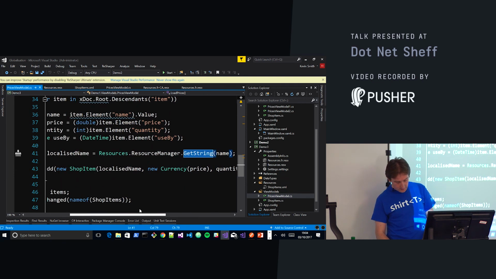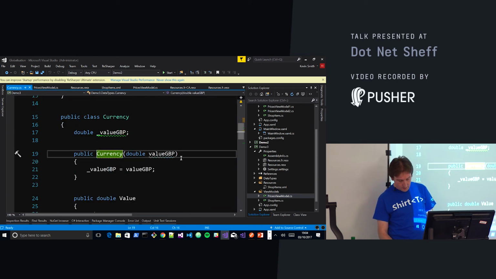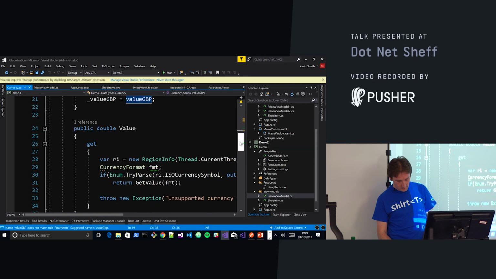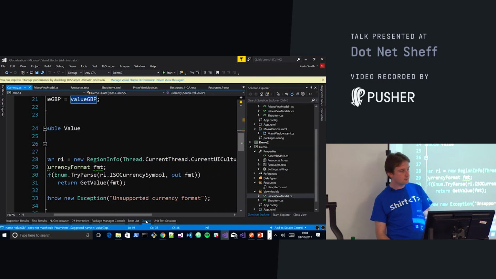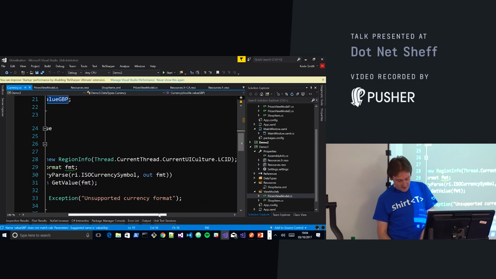The other thing we've done here is created this currency object. So this is the value classes I was talking about. That takes value in GBP, and when you ask for it, it takes, I really don't advise you do this because you could end up just offering the wrong currency to something, but for other things it works quite nicely.